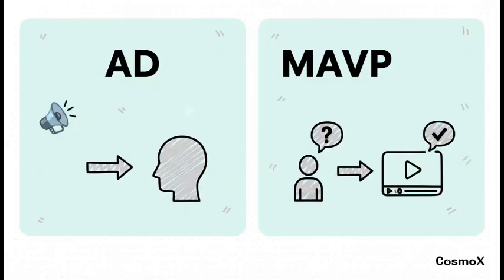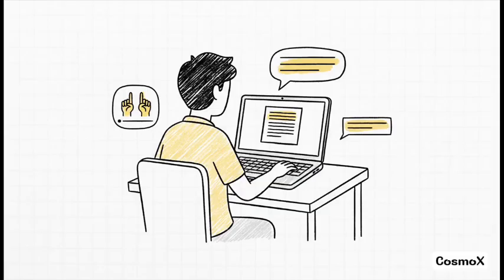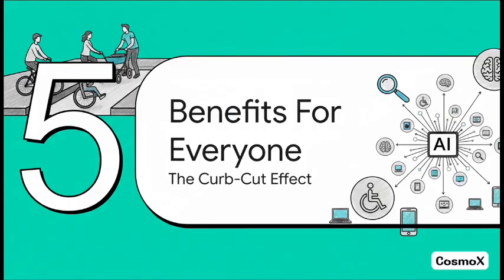All right, next, let's talk about video. Standard audio description, it's fine, but it's a passive one-way street. The Multimodal Agent Video Player, or MAVP, is a total game changer. It turns watching a video into a two-way conversation where you can literally pause and ask questions about what you're seeing on screen. We're also seeing this potential blow up in education. Grammar Laboratory is an AI-powered tutor built for deaf and hard of hearing students. And get this, it gives feedback in multiple formats, like ASL video and written English, letting students learn in the language and the style that works best for them. It's truly personalized learning.